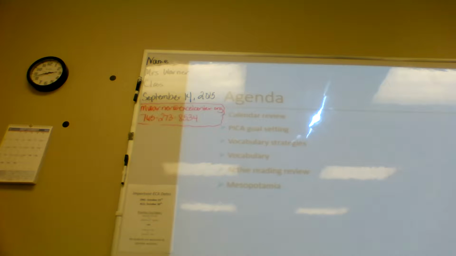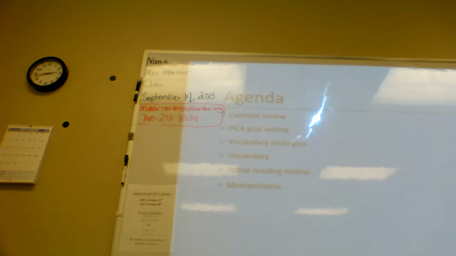And then even though you may have talked about this all day today, we are going to talk very quickly through the PICA goal setting. We're not really going to focus too much on it. We're just going to talk about it and talk about how it applies to you guys as students. We are going to really focus in on vocabulary strategies today. So we're going to look at what you do when you come across a word that you don't know. So we're going to look at the strategies that you use and how we actually overcome that.